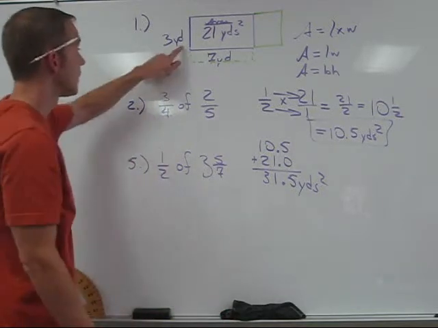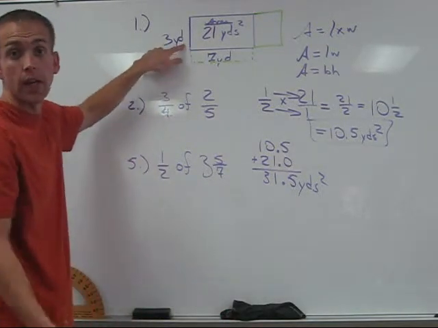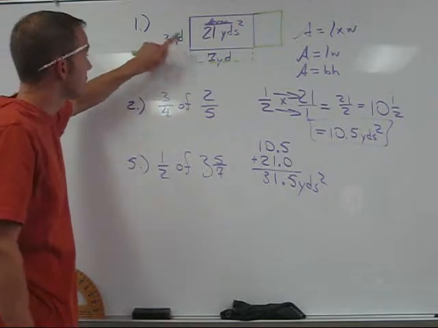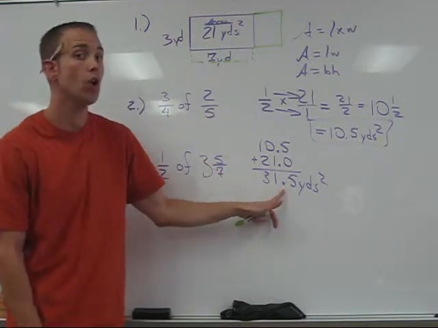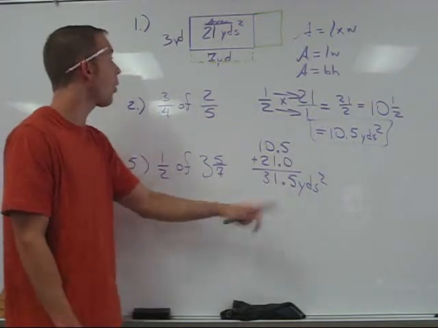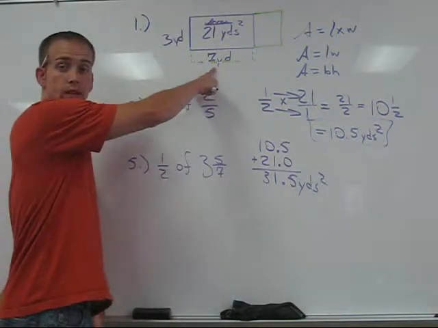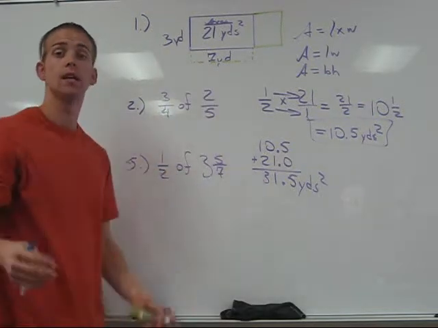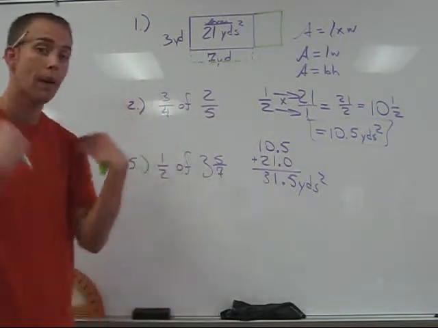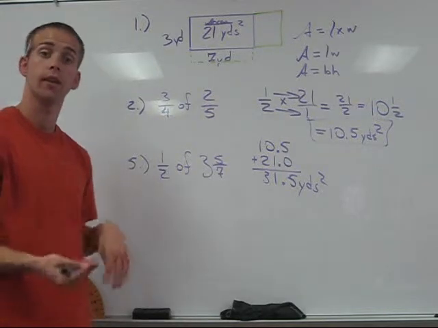So for example, let's say I don't want to mess with this 3. The question here would be, what can I take times 3 to get 31.5 total square yards? Or maybe I don't want to mess with the 7. You say, what can I take times 7 to get 31.5 square yards? This is an instance where we just work backwards and we have to use division to figure out that unknown